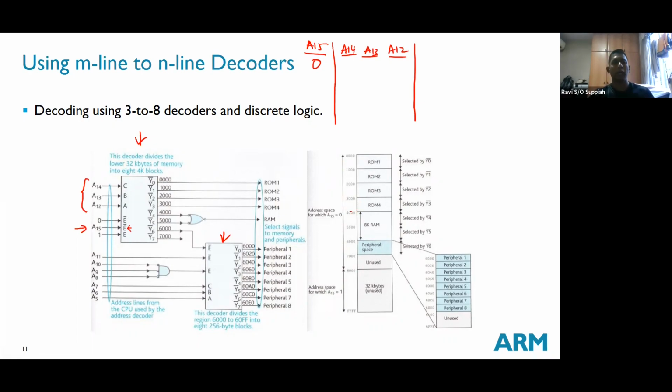Like what we saw just now, when it is 0, 0, 0, for example, I will activate the first chip. When it is 0, 0, 1, I will activate the second line. So 0, 0, 0 activates the first line, 0, 0, 1 activates the second line, and so on. Now, when I'm activating the first line, let's say 0, 0, 0,